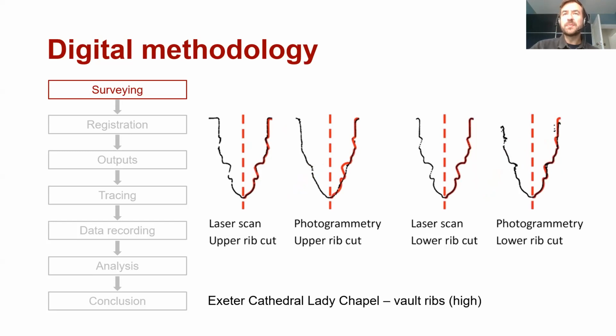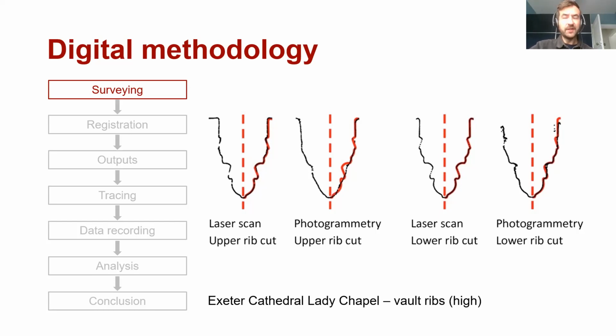But when we then look further up, so this is looking at a rib profile, so probably about 10 or 11 meters above us, we start to see some issues occurring with photogrammetry. So if we look at the first two images on the left, the second one along shows a rib cut taken through the vault using photogrammetry, and the clarity of that cut is pretty poor, whereas if we look at the same cut taken using laser scanning, we still get a pretty good record of that profile. So because of this, we therefore decided on laser scanning as our main method of surveying